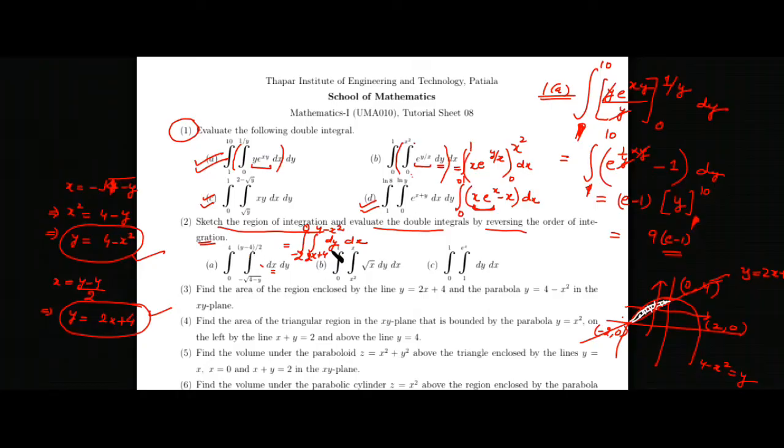So here it is the integration with respect to x first and then with respect to y. So we will find out the limit with respect to y first, then with respect to x. So for this we take a parallel line to y-axis. We will see in the region our y is varying from where to where. Now since our y is varying from this line to this curve, this parabola, so the limits for y will